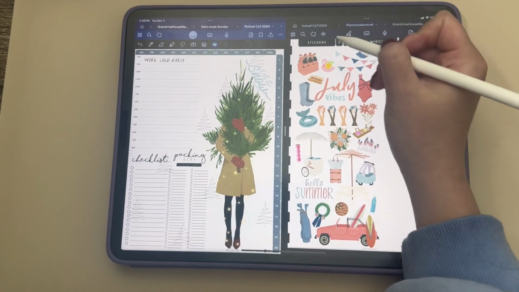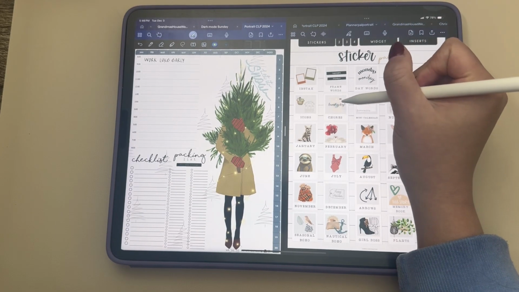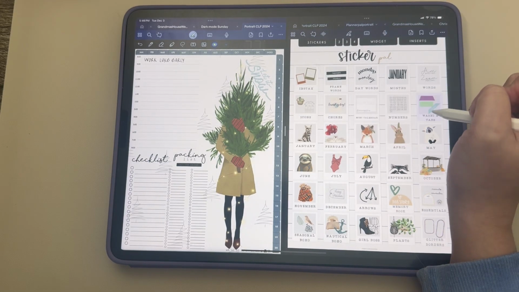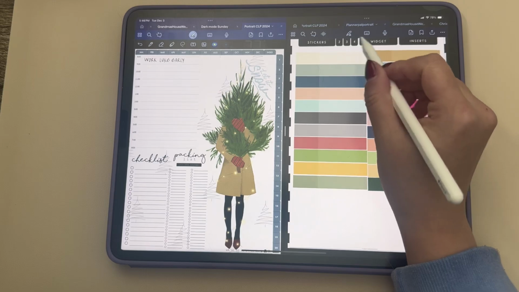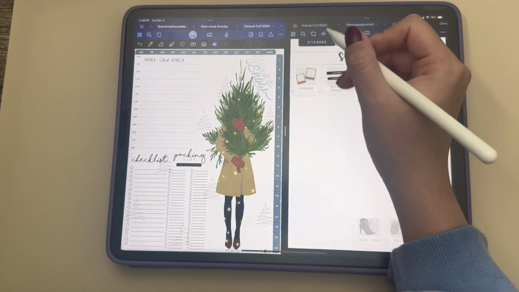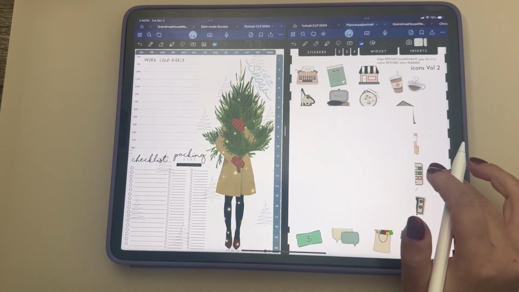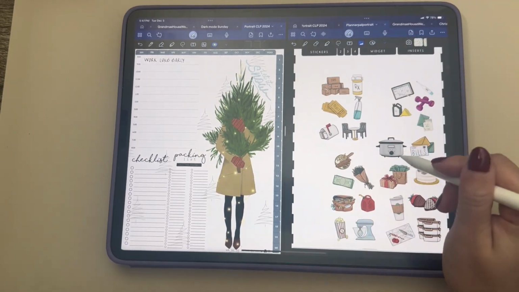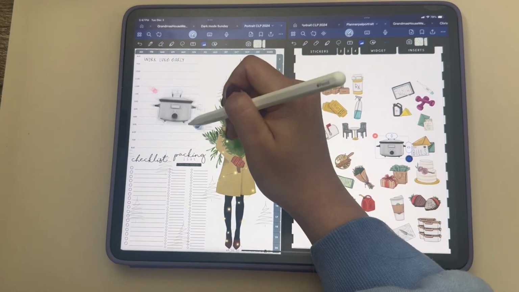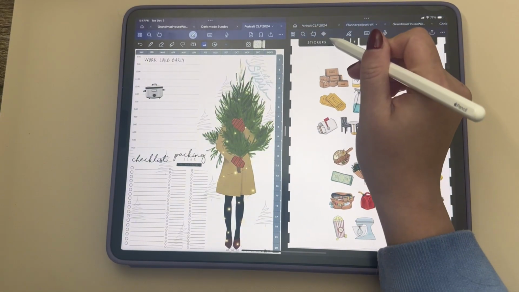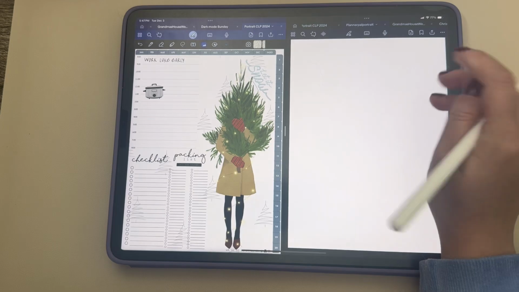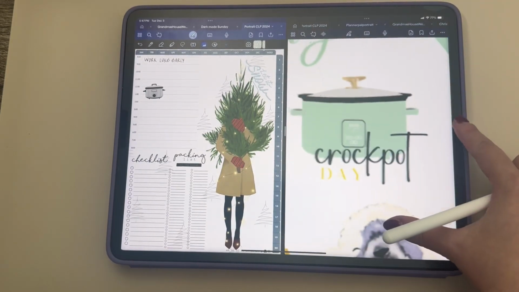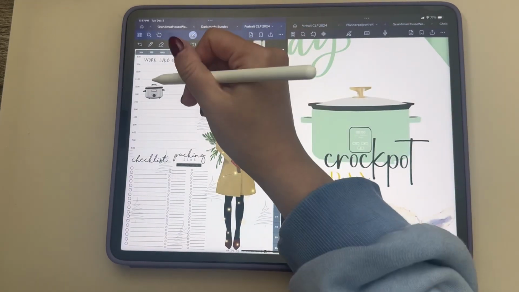All right. I think the only other thing, there was one sticker that I want to use because tomorrow I'm doing a crockpot dinner, and this is not the right section I want to go to. I think there's two crockpots that she has. There's one in this set of icons, which I'm probably going to use, because the other one is in a May sticker kit, and it's super cute, but it's pretty summery looking, and it won't really match the vibes of this. But